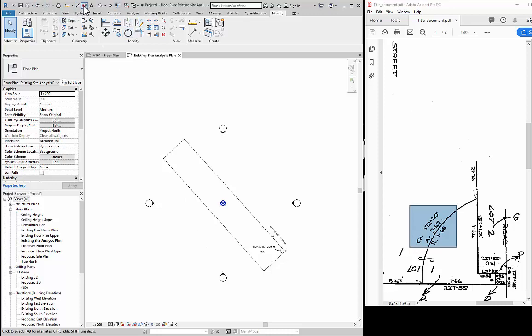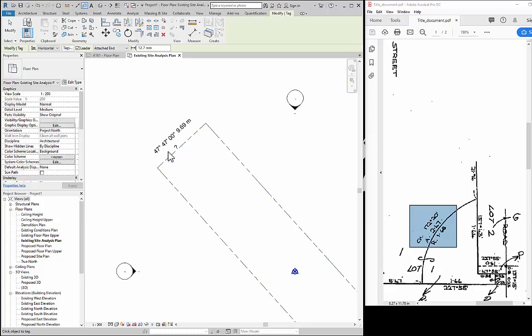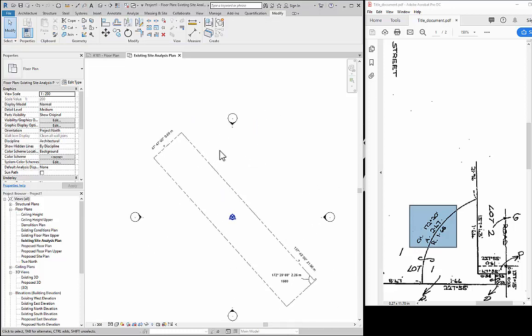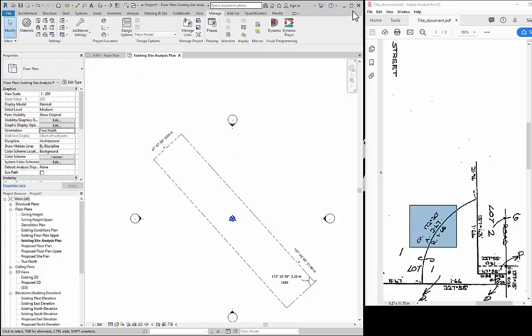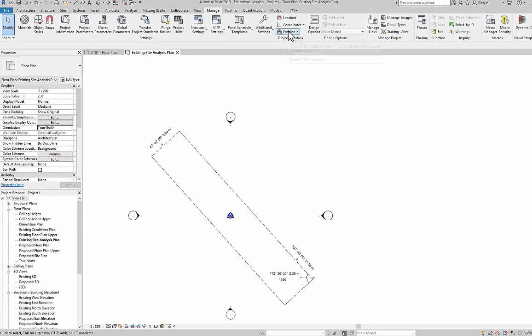So I'll go back in and pop that tag on that front, and you can see the angle there of 47 degrees, 47 minutes. So we need to rotate this view by that amount to bring it around a square. So first thing, before we can do any change on this, we need to change the orientation from project north to true north. Once we're in true north, we can then use the manage, and I'll just maximize this so I can see position under the project location panel, and rotate true north. Here I'll just type in the 47 space 47